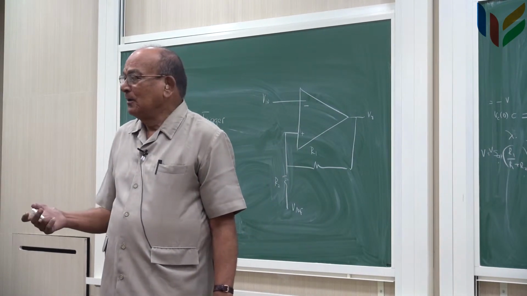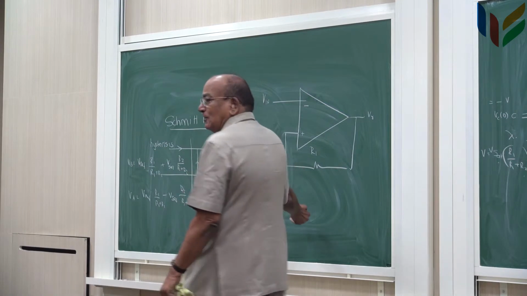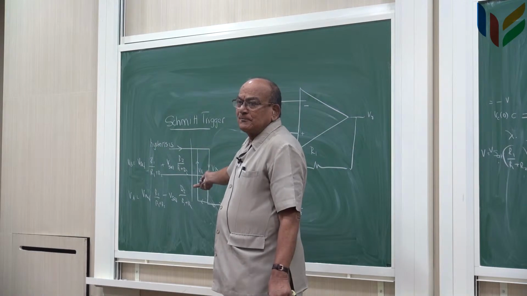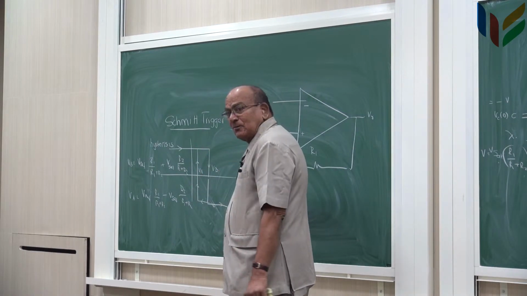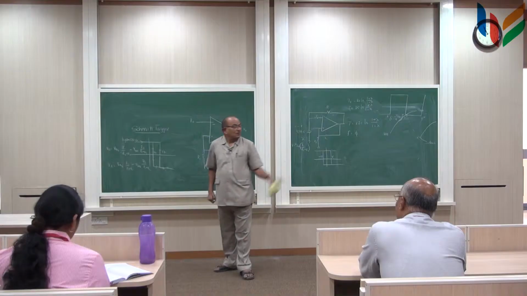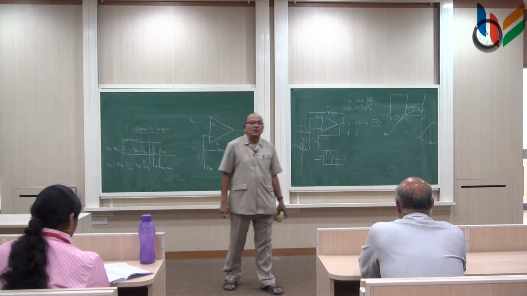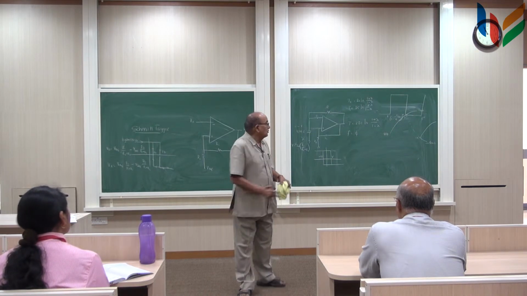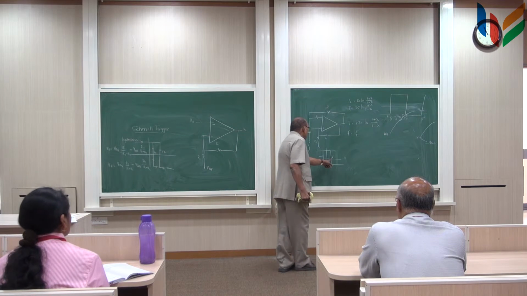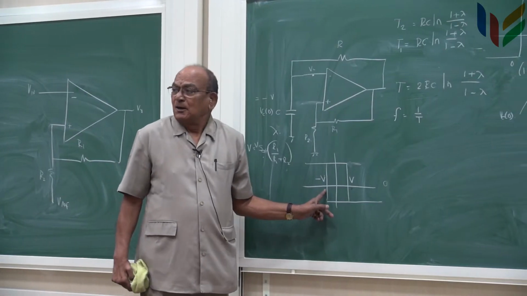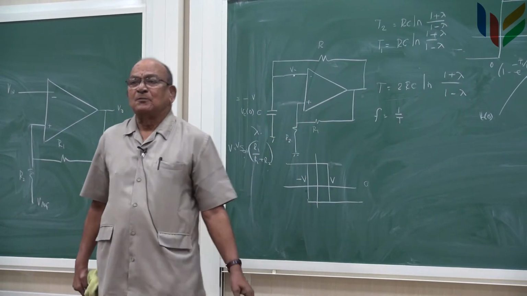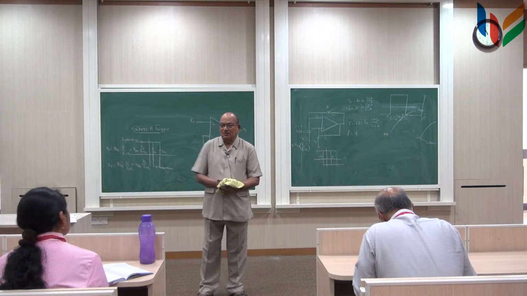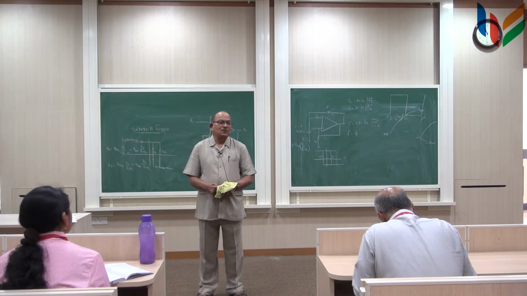How do I do that? By simply putting a proper value of reference here, I can change VA and VB. So if I can put a reference here of appropriate value, I can control this T1 and T2. They will not be equal in that case if there is some value of reference. So I can choose the reference to separate out this to be a different value and this to be a different value, in which case T1 will not be same as T2. So I can make a pulse generator by this technique instead of a square wave generator.